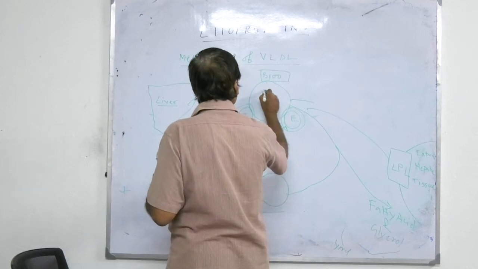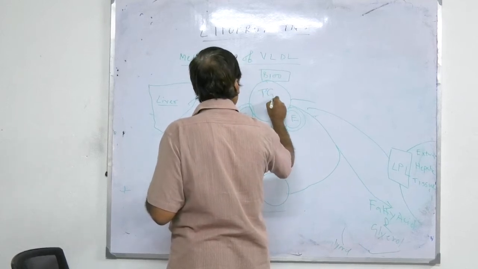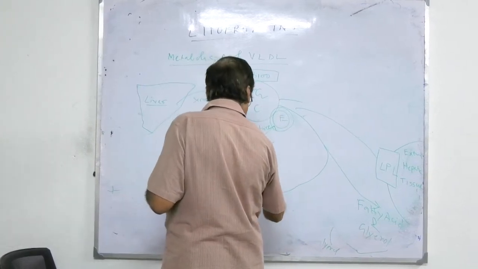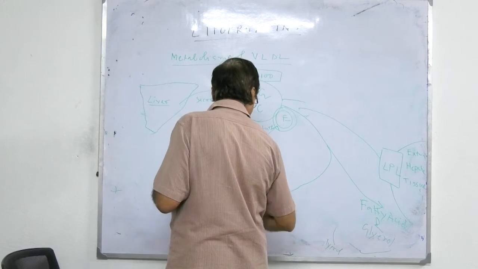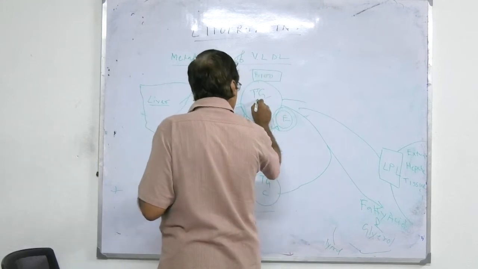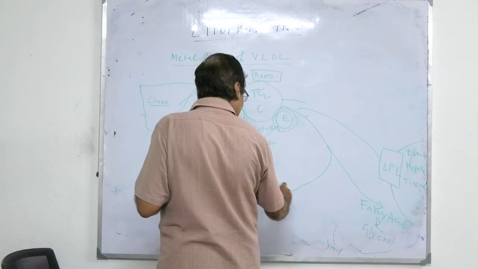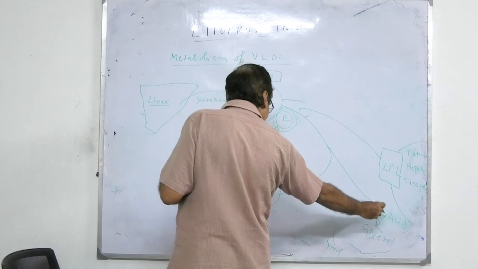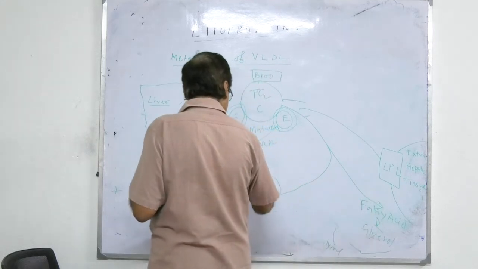Main lipid হচ্ছে এখানে TG, as well as কিছুটা cholesterol, TG cholesterol, main lipid কিন্তু TG। এবার TGটা ছোট হয়ে গেল, TG চলে গেল, ফ্যাটি অ্যাসিড এবং গ্লিসারল কনভার্ট হয়ে সাইজটা ছোট